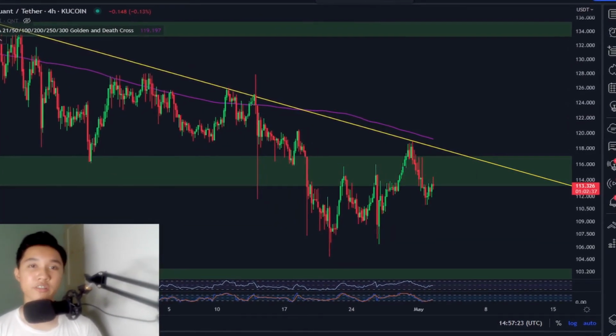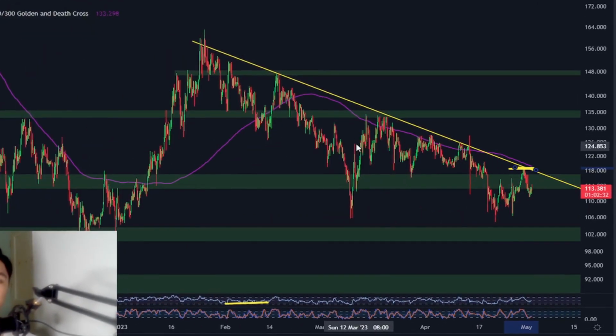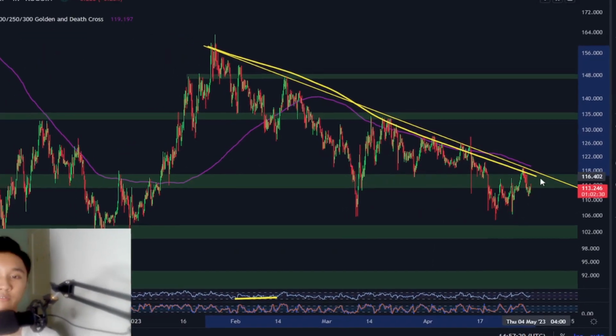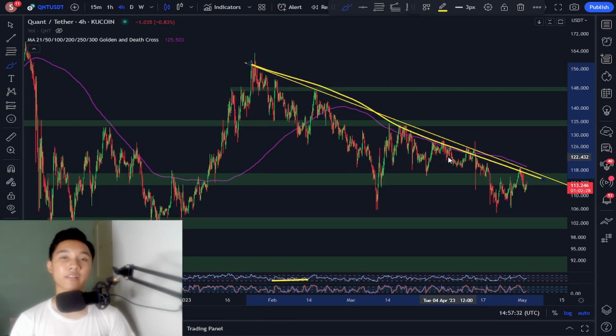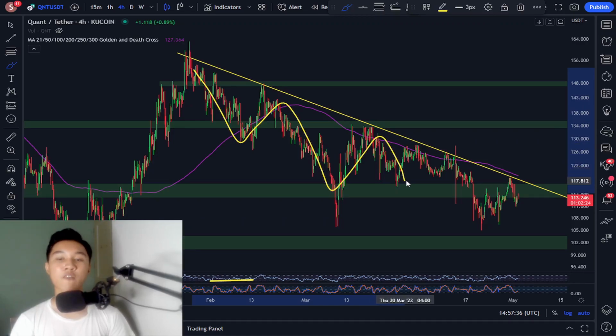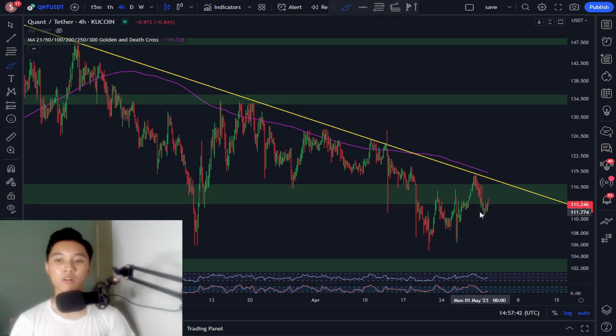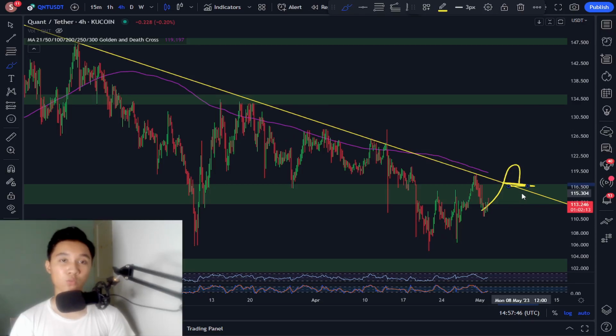Unfortunately, the Quant price has been rejected by this trend line in the 4-hourly time frame, therefore indicating the continuation of this overall downtrend. That is why I've been mentioning a couple of times in my videos that I want to see the Quant price have a break above this trend line in order for me to flip bullish, because one way to identify